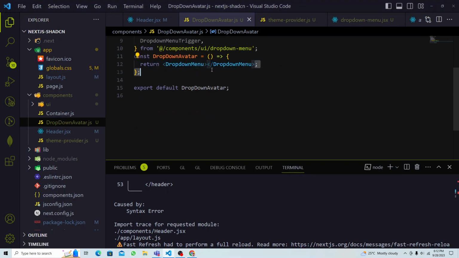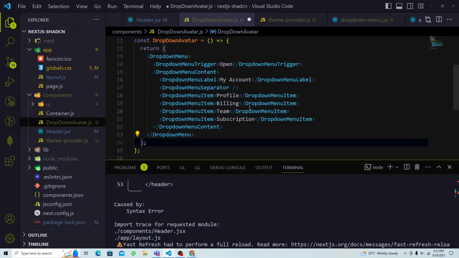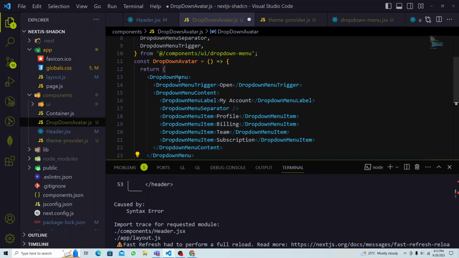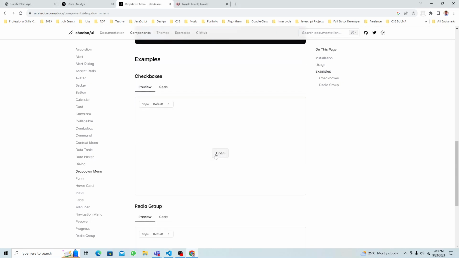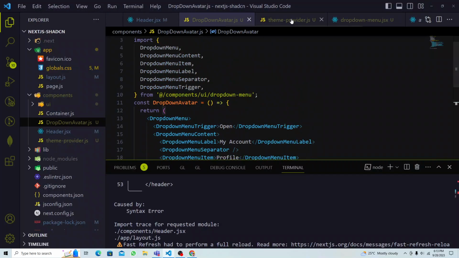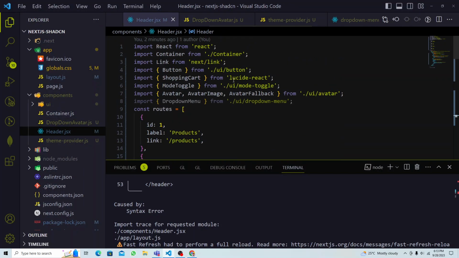So I will just put in the return part, okay. And yeah, so drop down menu start, right? So this is the open icon. Look at this trigger, right? Trigger is the open. If you look at the original in the box here, that's the open icon, okay. So I want to add that avatar in here, right? So now I'm thinking a little bit, okay, let's copy this